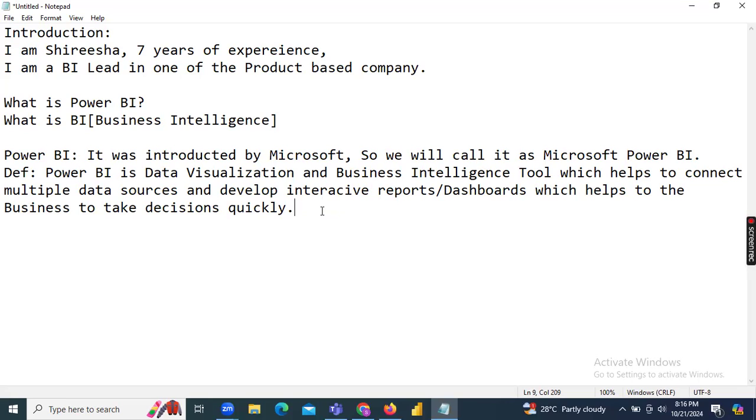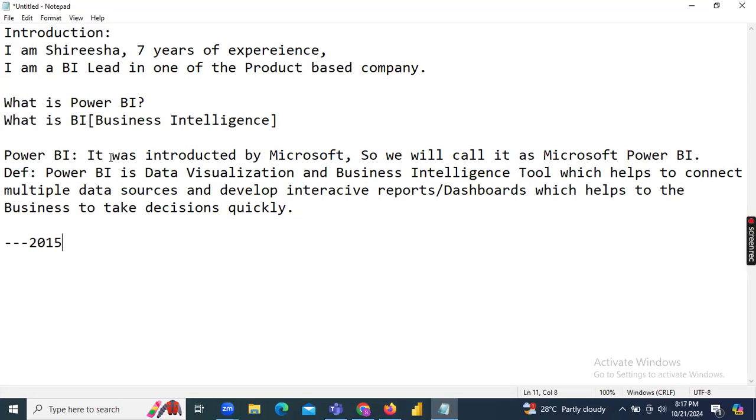But why we want to use Power BI only, I'll tell you. Power BI is widely used, and in a short span of time, it was introduced in 2015. Tableau came before that. But compared to now, in the market Power BI is more in demand than other reporting tools. Why? The features we'll see later. In the future also, companies are going to use Power BI with Azure connectivity sources. I will tell you how we can connect to different data sources.